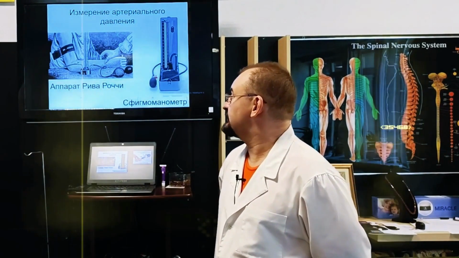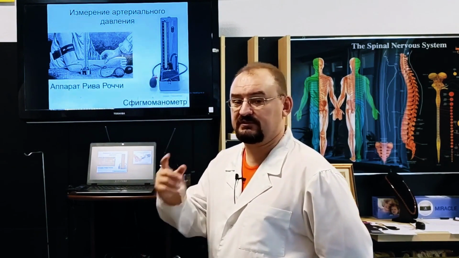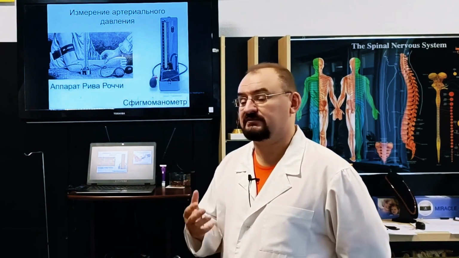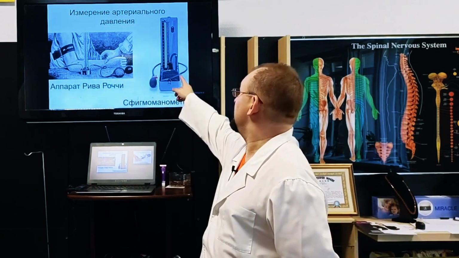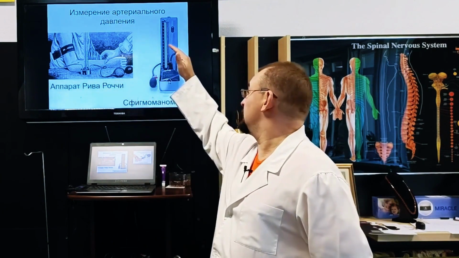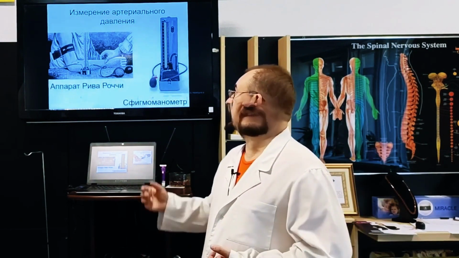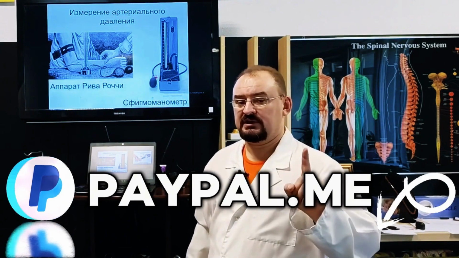What was the essence of this device? A cuff with a rubber bulb was carefully put on the arm, specifically on the upper part of the shoulder, which could then be inflated with air. And the manometer showed to what pressure the mercury column was raised, that is, how much air was pumped into this particular cuff during the measurement. Moreover, the mandatory condition was that the cuff had to be inflated so much that it completely blocked the artery, the brachial artery that carries blood to the arm, without exception.